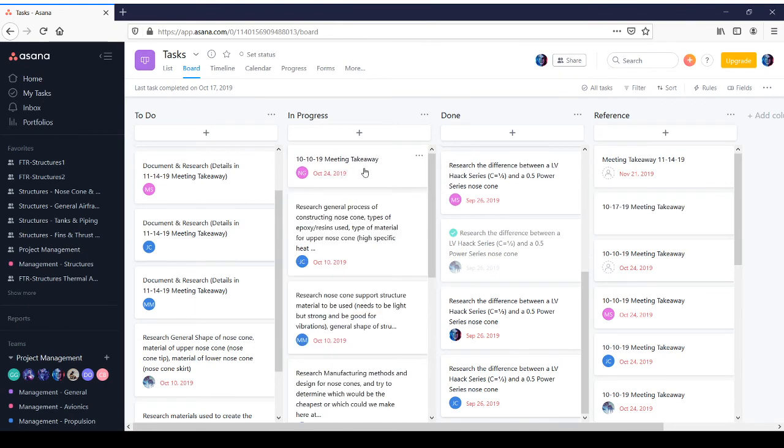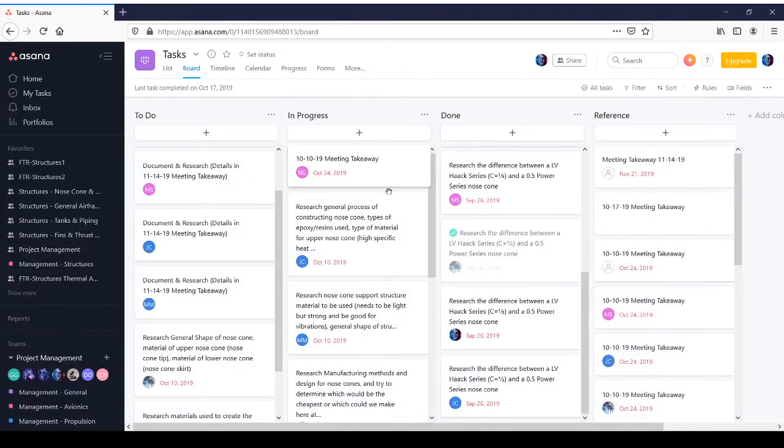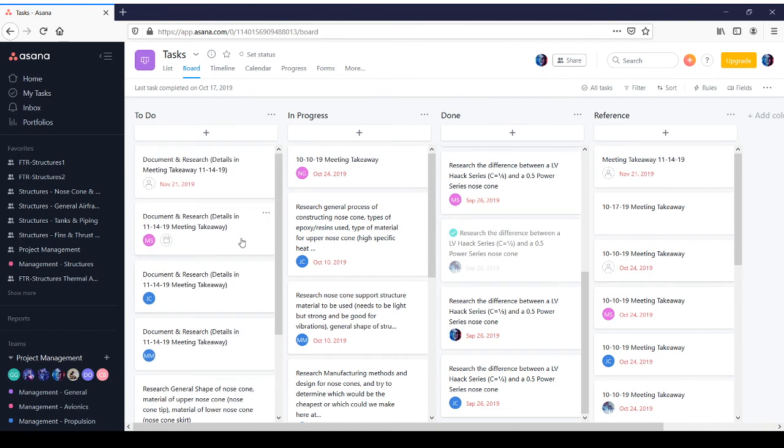I guess they don't do that anymore. Okay, alrighty then. I guess they updated their stuff. So what you have to do from now on for Asana, you have to grab